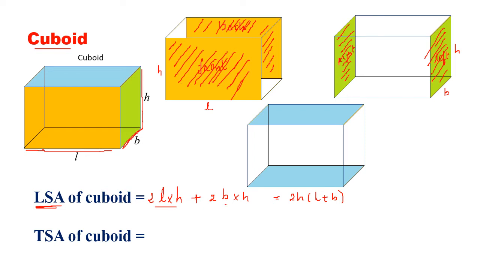And the wall on the right and the wall on the left is given by breadth into height. So the total area of the 4 walls is 2h (L plus B). So that is the lateral surface area. Now TSA means total surface area. So in lateral surface area I only took the 4 walls. But in the total surface area I even have to take this floor and the ceiling. Means I have to take all the 6 sides.